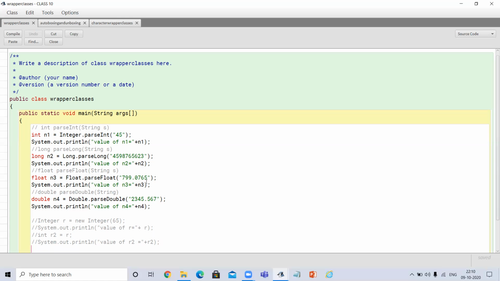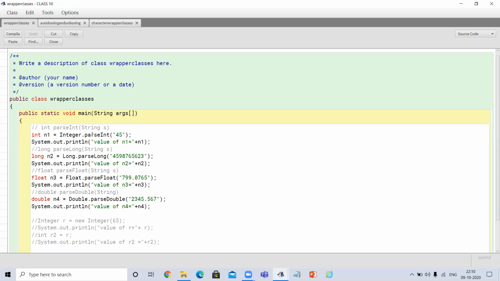So how can we convert? For this conversion, we will use the method XX parse XX. First of all, we will discuss int parse int, where we will pass one string argument. You know that this will return the output in integer data type. So we will take one int variable, n1.